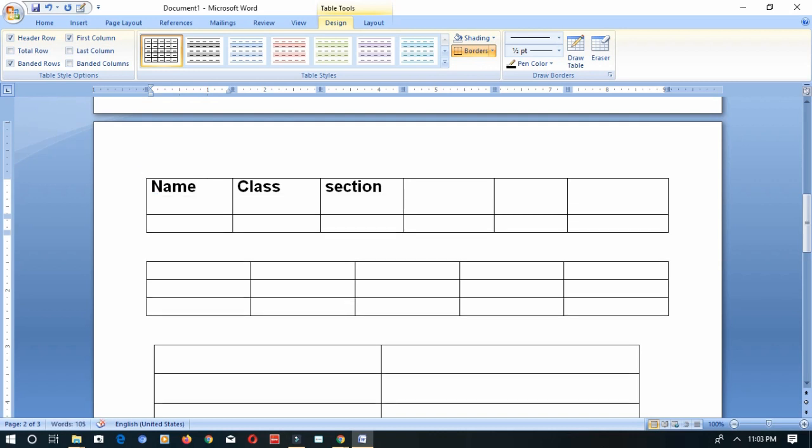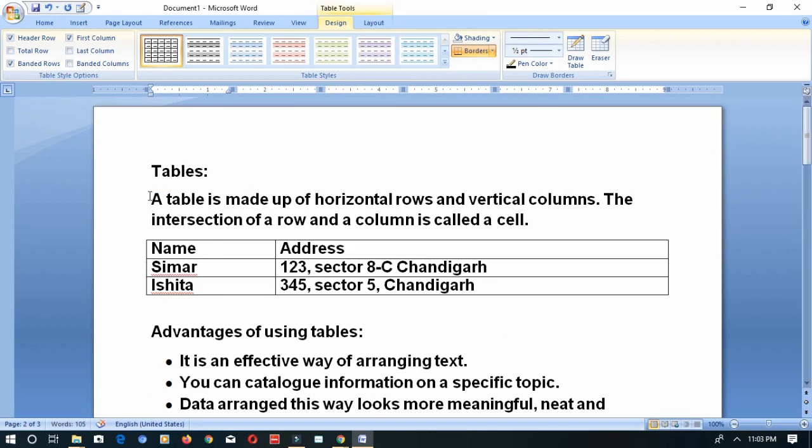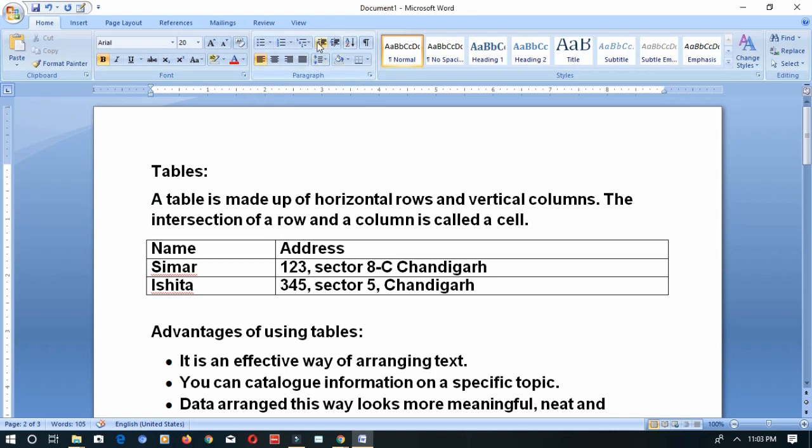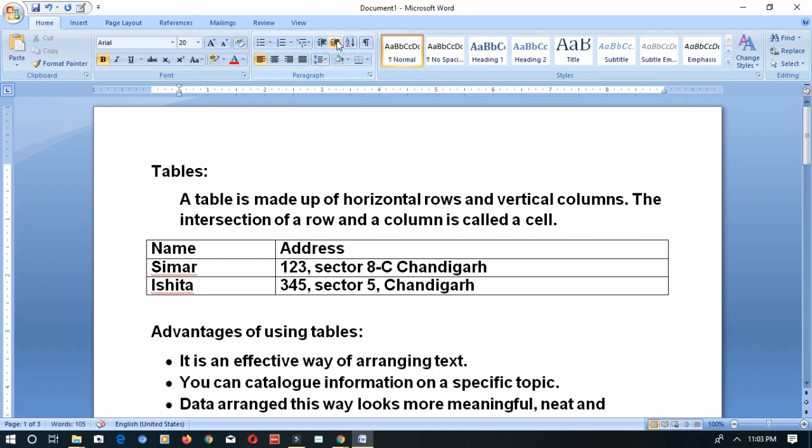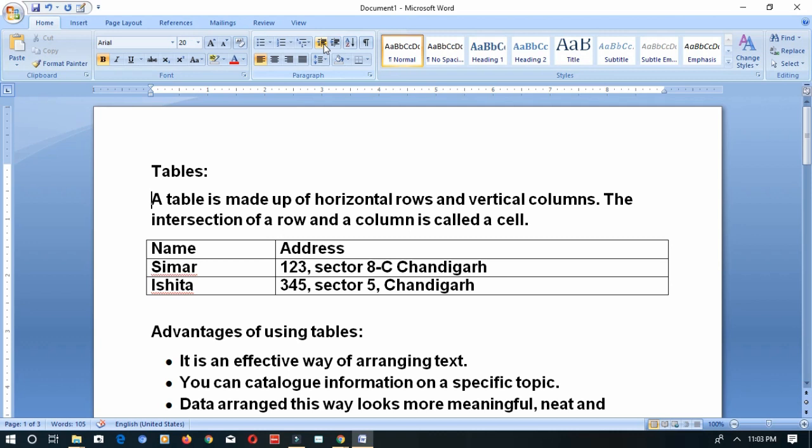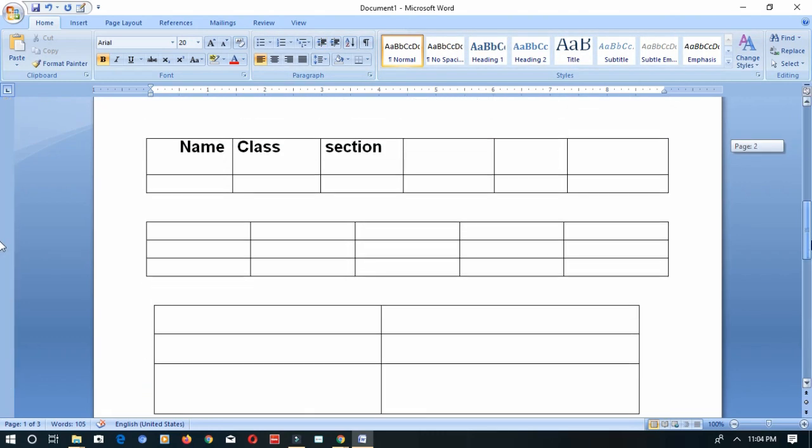What is meant by indentation? For example, if you wanted to move this data some more forward, what should you do? You have to press Control plus Tab. That means indenting data. For example, in your normal text, how will you indent? If I wanted to move this, I have to use this indenting option. This is forward and this is backward. The same indentation can be done in the table using Control plus Tab. Okay, clear? Now you know how to enter text in the table.